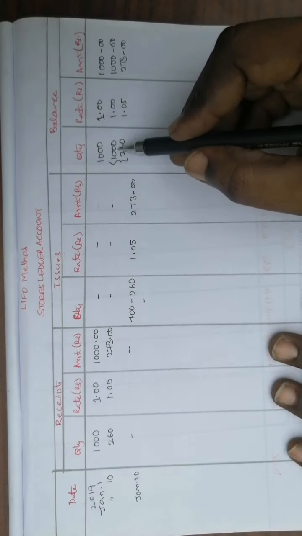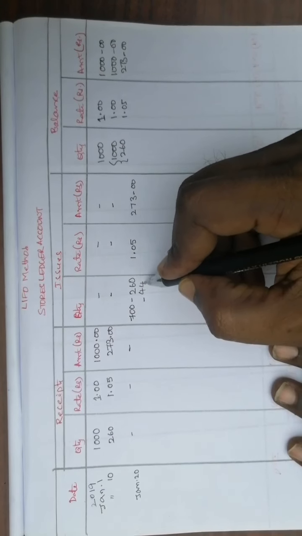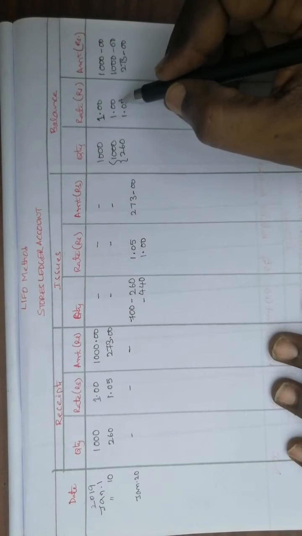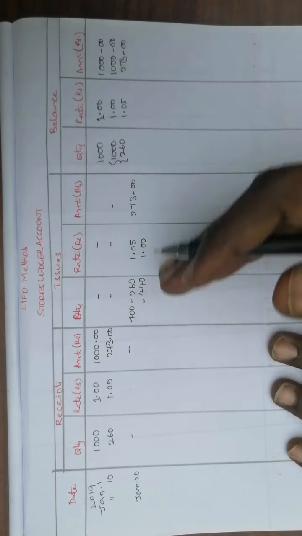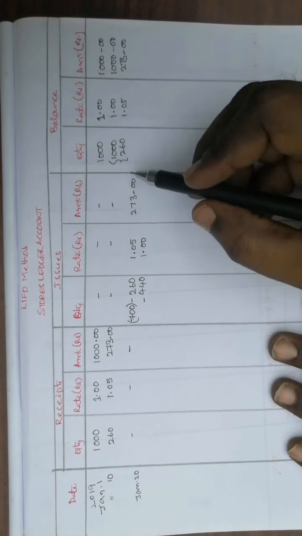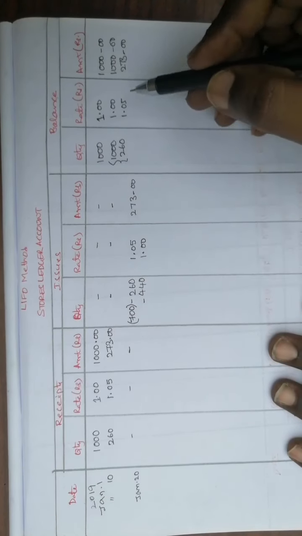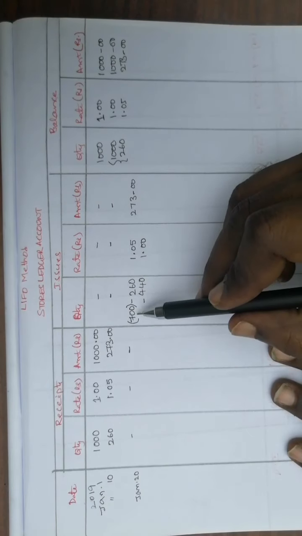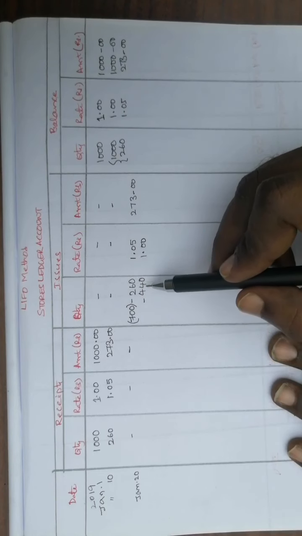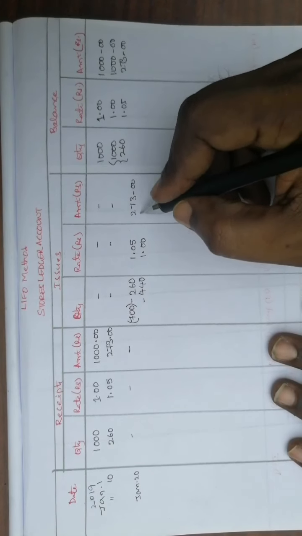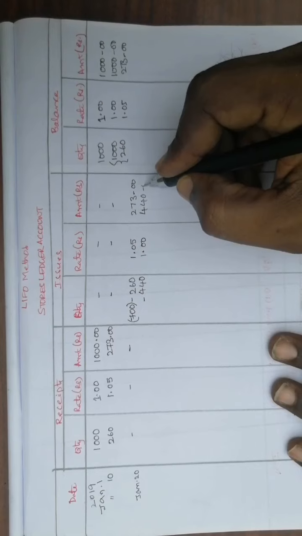That 440 you have to take from the 1000, at the rate of 1 rupee. From this balance we are issuing now. So these 700 units are taken from 260 in the last receipt at the rate of 1 rupee 5 paisa, which is 273 rupees, and still we require 700 minus 260, equal to 440 units to issue. This 440 is taken from 1000 at the rate of 1 rupee, so it is 440.